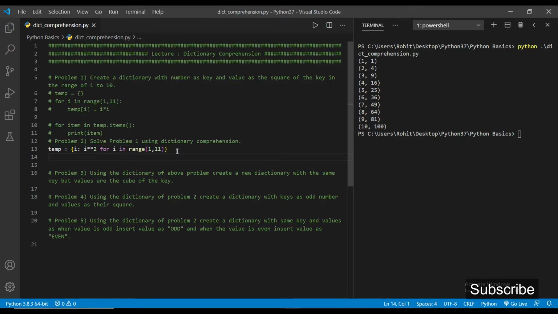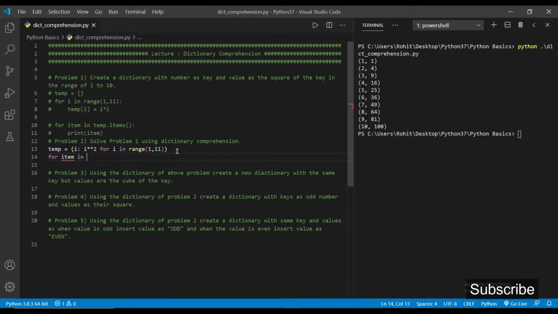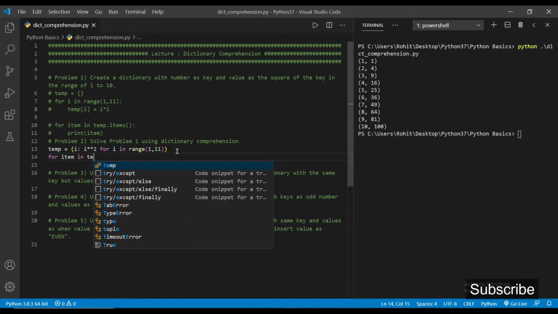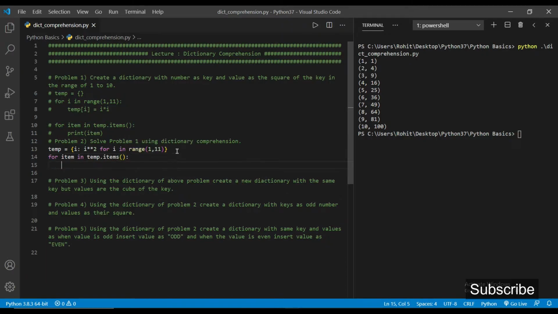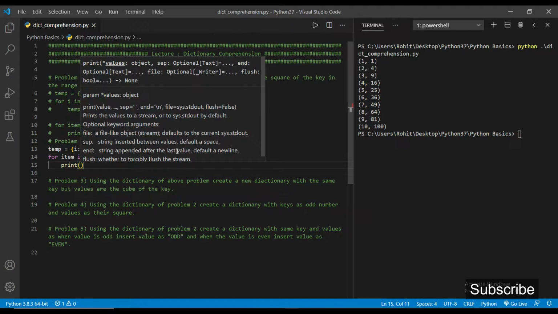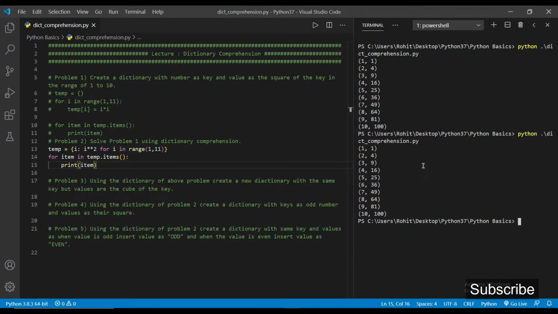Now if you try to print it, for item in temp.items(), print item, then we will get the same output. As we can see, we are getting the same result that we got in problem number 1, and like this we create a dictionary using dictionary comprehension. This first line is the dictionary comprehension.